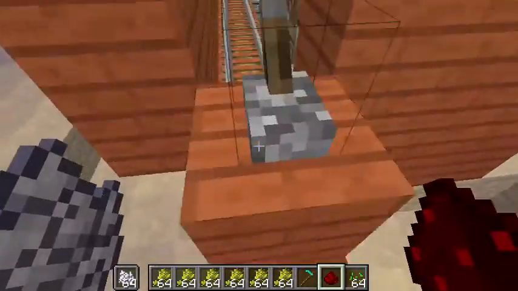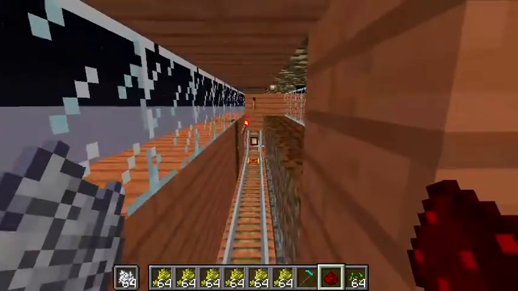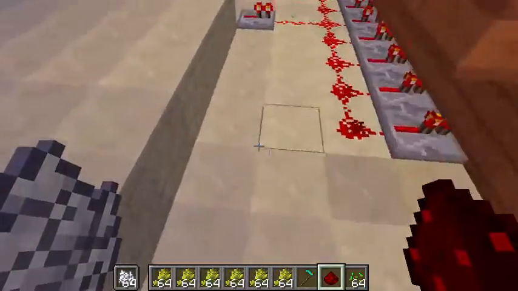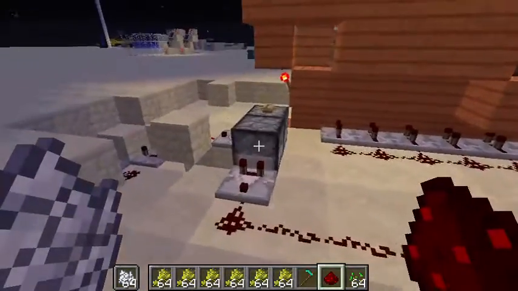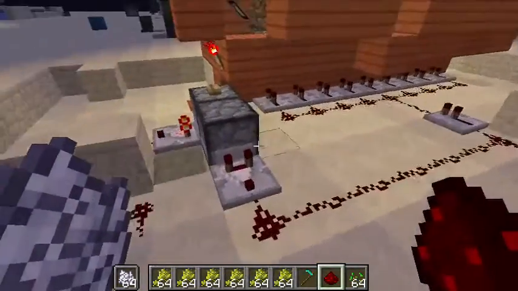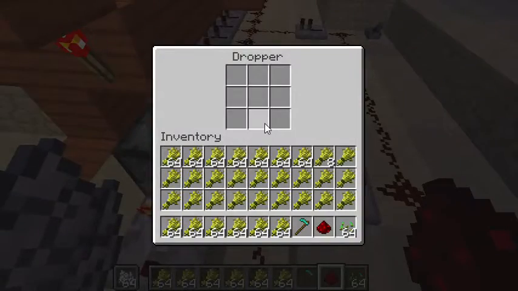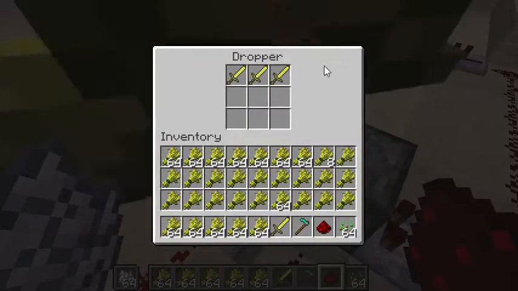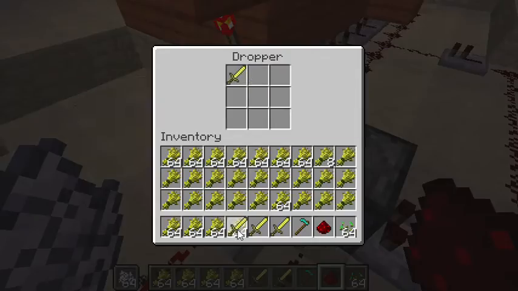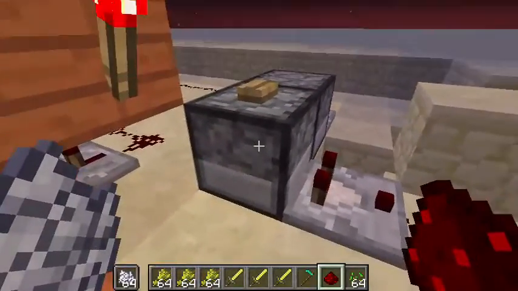This is what automatically harvests our wheat, and it lifts up and will go right back down, but it only goes down if we reset this. So as you can see, if I move these swords over here, once this is empty,